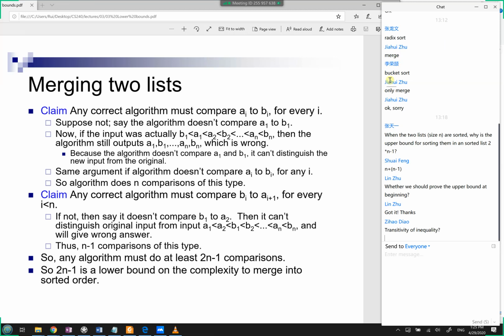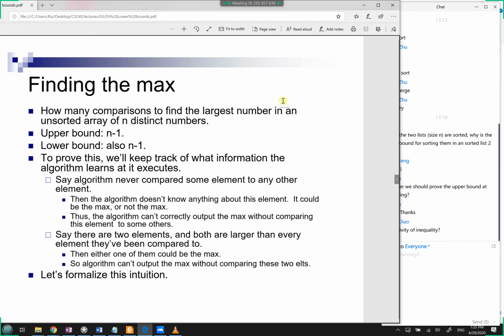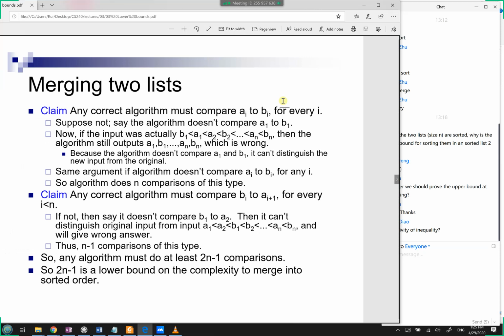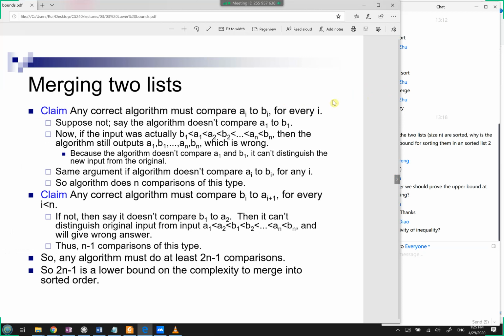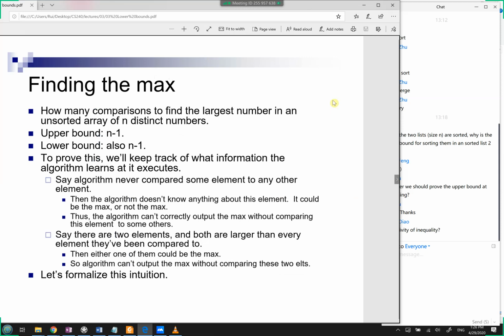All right. Let's see. I think I asked you guys to watch the video up to the merge part, right? Is that correct? Before we actually start the video portion, in this lecture we talked about the time complexity to find the max value of a list. I just want to touch on another problem: what's the complexity of finding the second largest value in a list? What do you guys think?